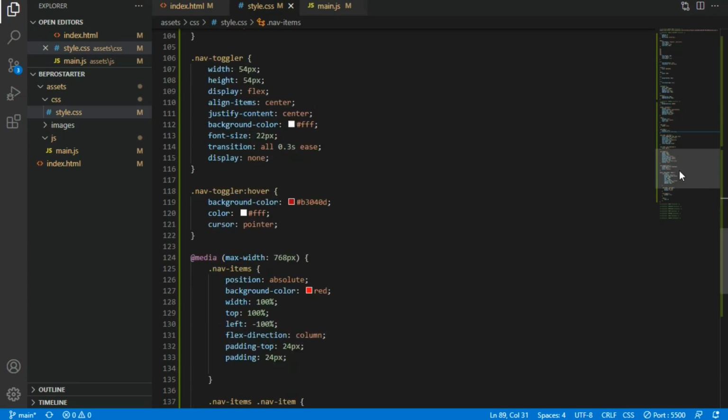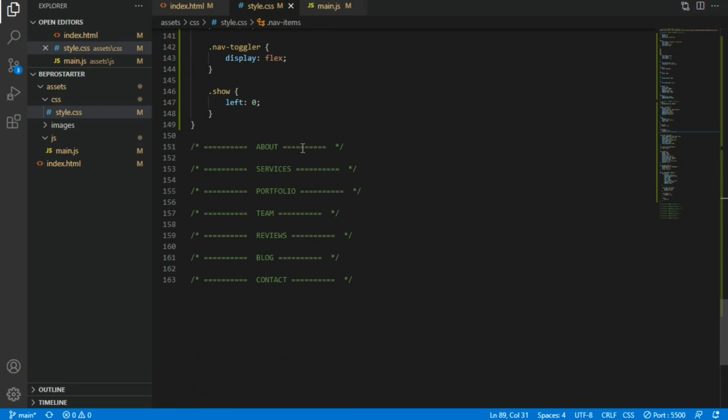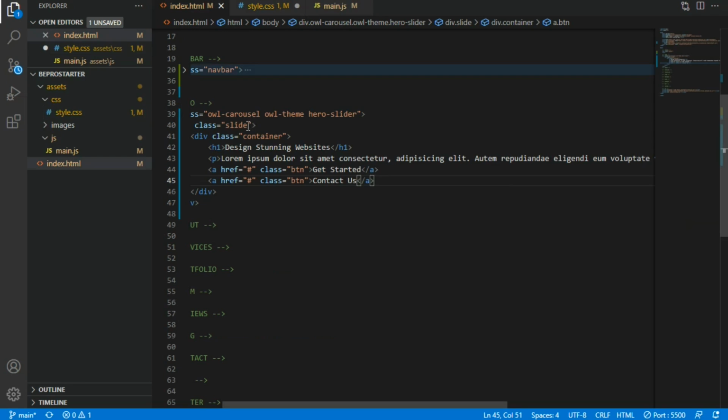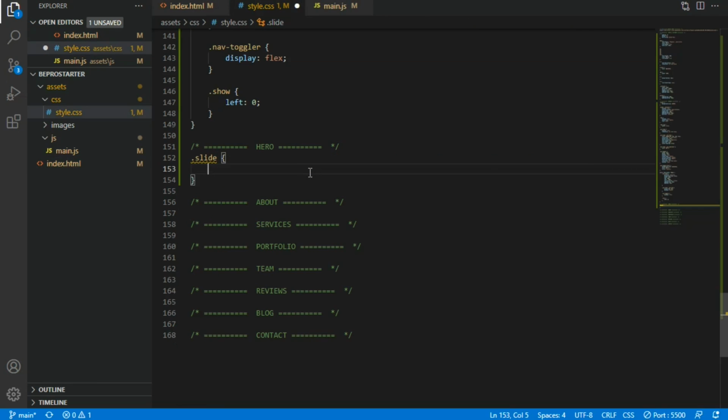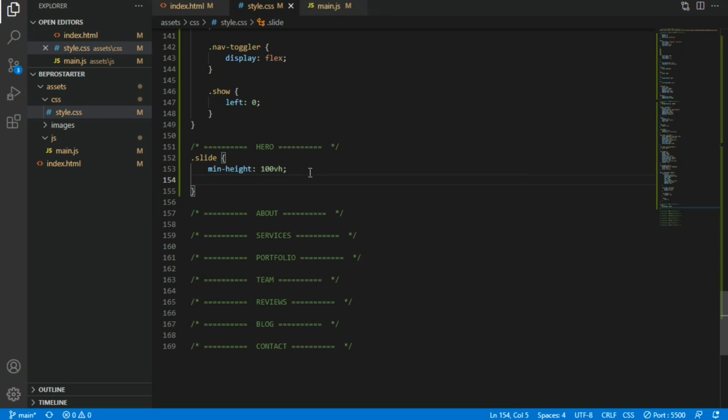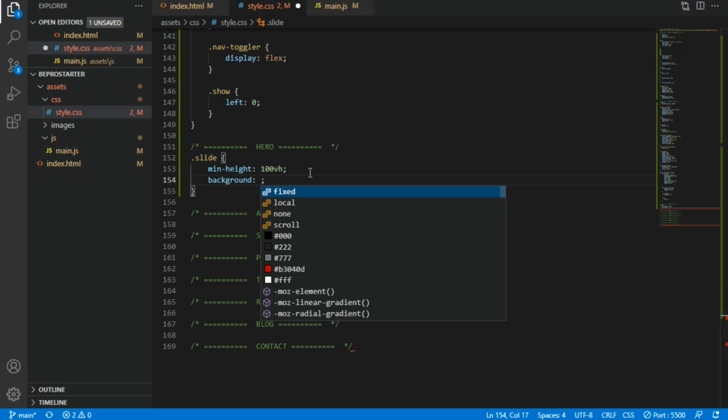So I'm going to design the hero section. I'm going to create a comment for the hero section. This will be hero. I'm gonna select the slide class. Okay, so this class, I'm gonna set the minimum height to 100 VH. Okay, and I'm gonna change the background image